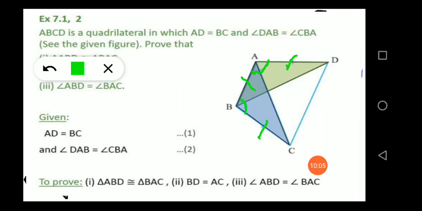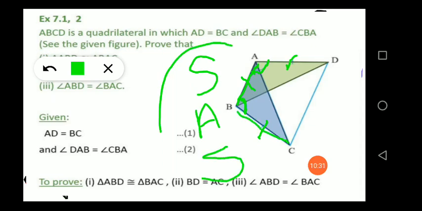So the same procedure you will use to write the things. First of all, you will announce what are the triangles you are going to take. Then you will write the three pairs, and then you will say that they are congruent and by which criteria. So here which criteria we are using? Okay, correct. This is side, so it will be side. Then we have second number angle, so angle. Then third number again side, so side. And the criteria which we are using is SAS. So first part, by this way we have proved it.